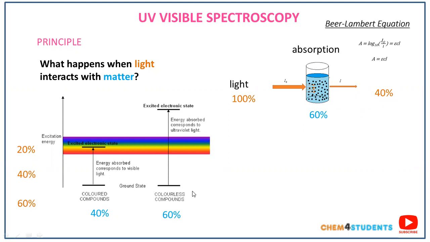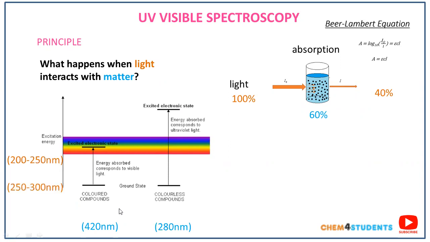So finally we can say that different compounds take different energy levels from the light source, and then they will be excited. The same concept I can explain by using wavelengths also. 420 nanometers is the minimum required wavelength to excite these colored compounds, and colorless compounds have a minimum of 280 nanometers. Now we are sending a range of 200 to 250 nanometers wavelength from the light source, but this wavelength range is not sufficient for exciting these two compounds.